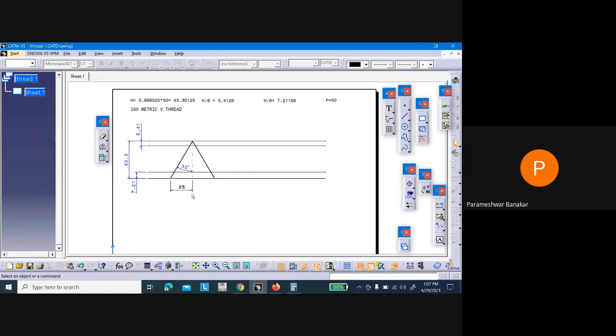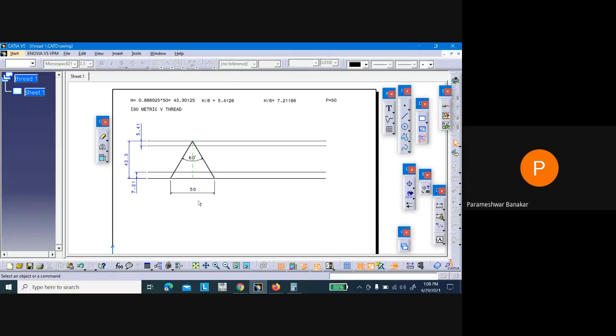Now we will cross verify the distance. It should be 50, and also angle should be 60. Let us see. Delete this and go to angle dimension. This and this. You can see here 60 is there. So now we'll delete this. We'll measure the total distance between these two different points. It should be 50 now, because of the pitch distance. See, you can see here the 50 is there.